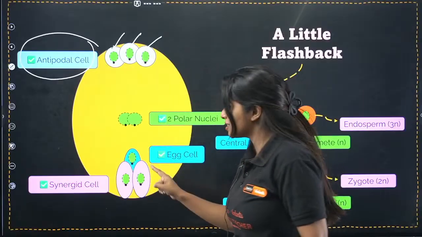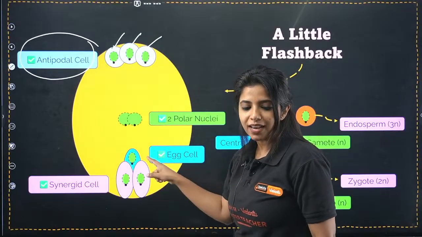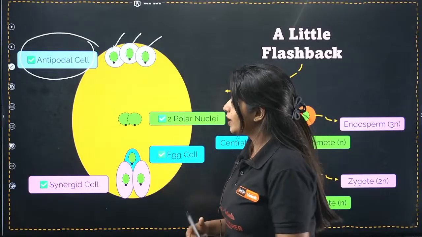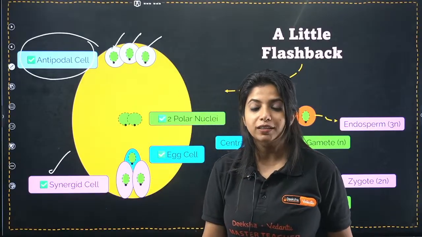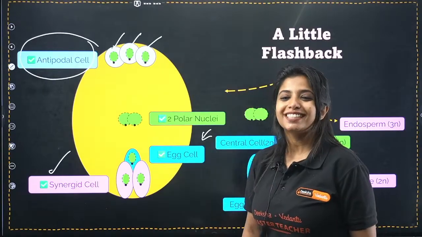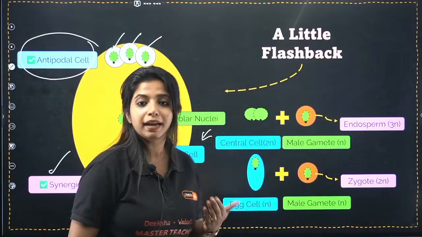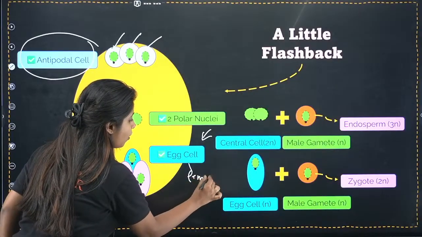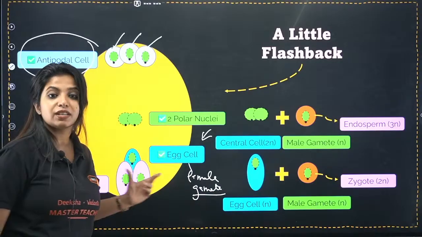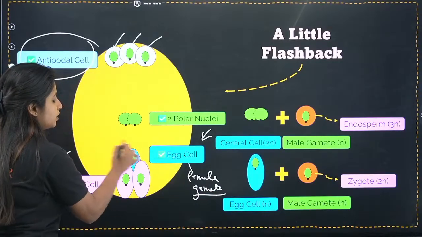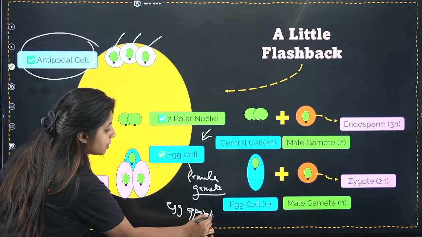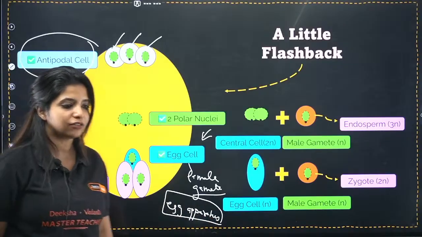What's more important is right over here. You see these 3 cells? They are best friends. These 2 cells over here, in purple or pink color, are known as synergid cells, synergids. And over here you have the main lady, the egg cell, which you also call the female gamete. Since the female gamete, the egg cell, is along with the synergids, we say that all of them are best friends, and they are a part of the egg apparatus, which you see right over here.